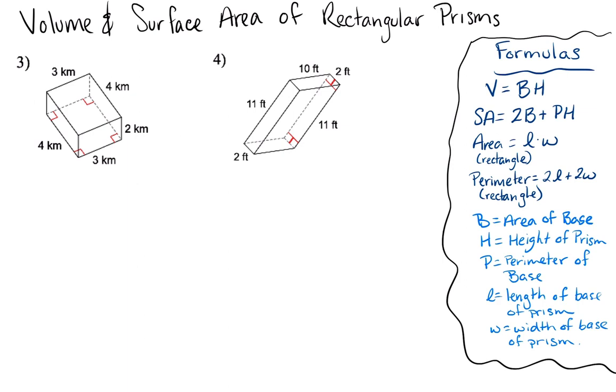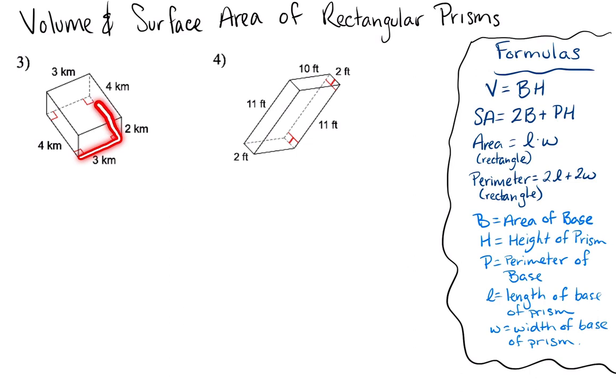Okay, so in order to calculate the volume of this, it's going to be a very similar formula to what we did with the square prism, where we're going to need the area of the base of this rectangular prism and the overall height of the prism. And the area of the base of the prism is going to be found using the area formula for a rectangle, which is length times width. So when we're looking at the shape,